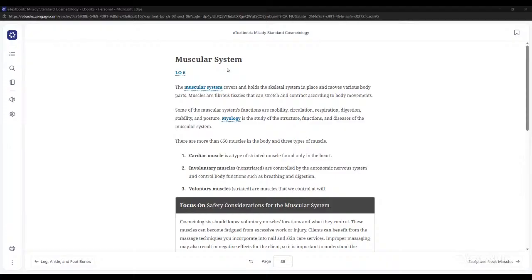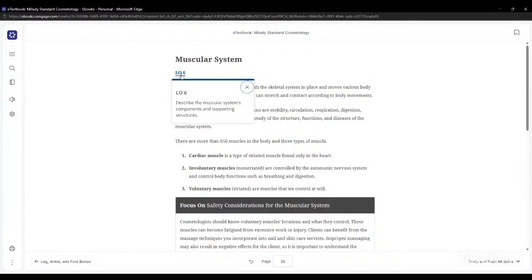And the terms, as I stated before, and the check-in questions are going to be the closest thing to the questions you might see on the state board. So of course we're going to be reading, but also the slide presentation that summarizes each chapter should be our core focus of how we review each chapter. As we look at the muscular system,